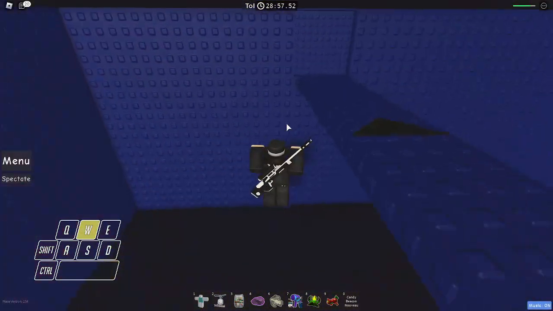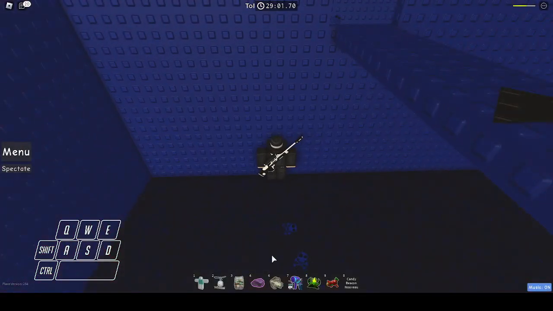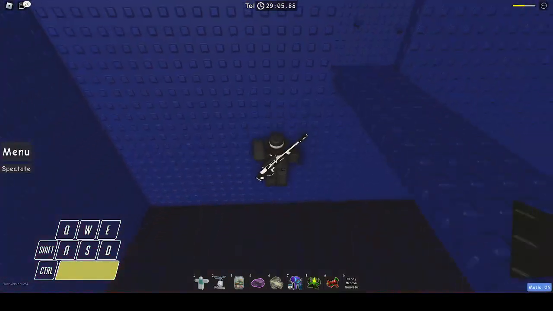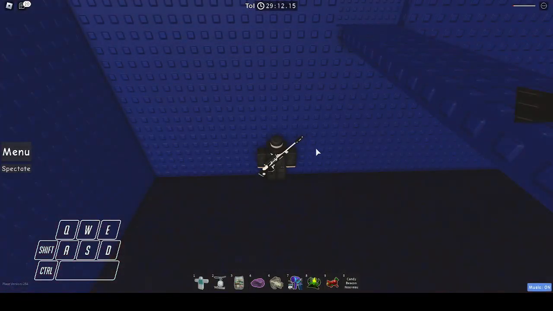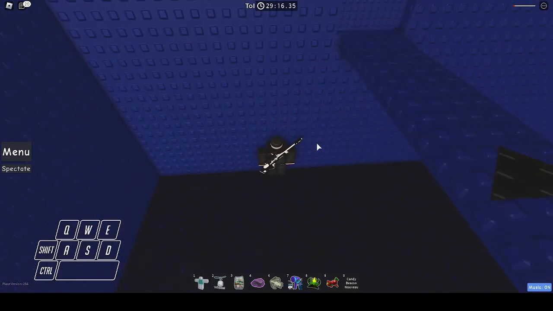Anyway, you can escape this pretty easily. You just kind of do a little bit of this action, you just do a little bit of that action, you know? So I almost died. Anyway, I'm gonna probably just pause until I get out of this, and then if I give up, then...